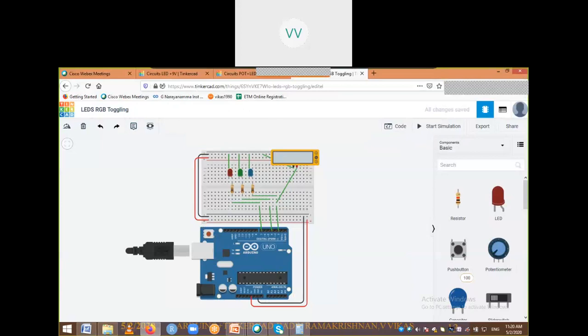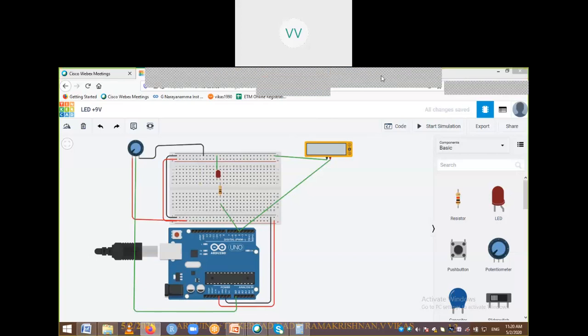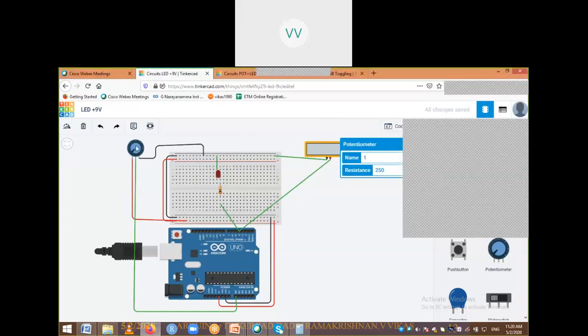Okay, that also we will try to create fresh. Can I just replace this potentiometer with an LDR circuit and keep the LED as it is, or do you want me to build everything new? You can just respond. If you want me to replace it, respond with yes, so that we consume less time and can see more experiments.